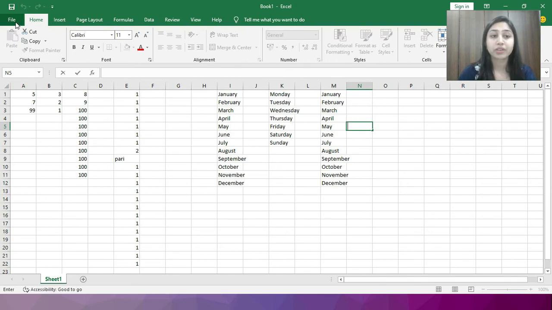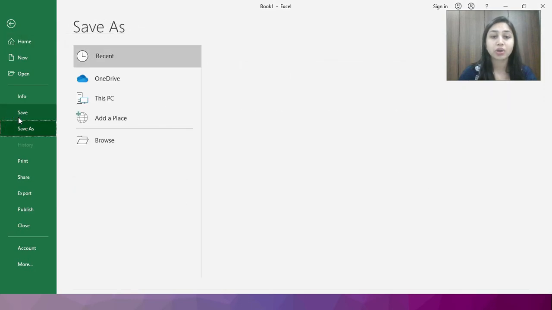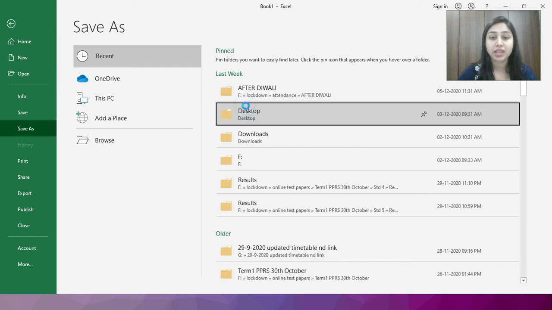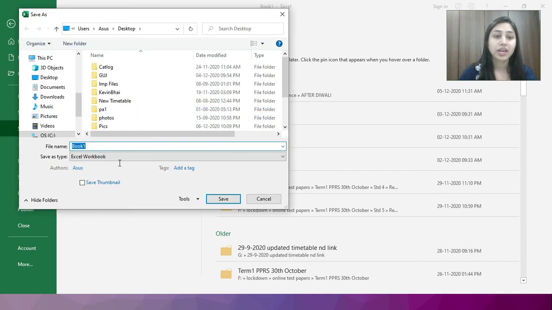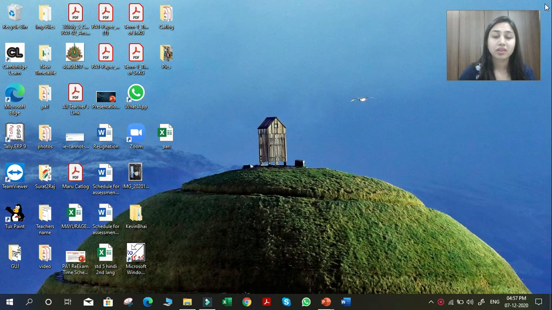Just simple, go into the file menu. Okay, the save option is available over here. When you click on it, you will get an option at which place you want to save it. So for example, I want to save it on the desktop. So select the desktop option. Okay, and here type the name of your workbook, okay, and save it. Clear? Now how to exit an Excel sheet? Just simple, select the cross sign, okay, got it?